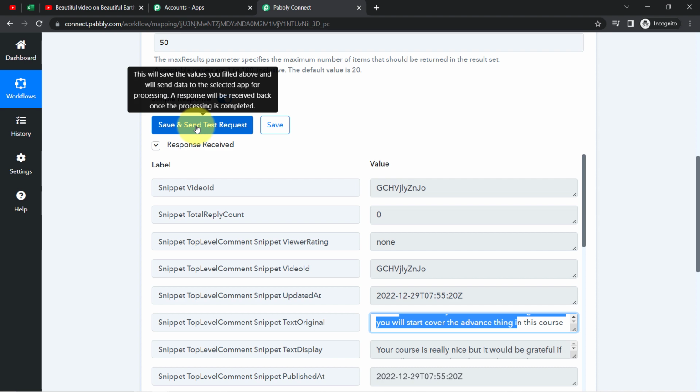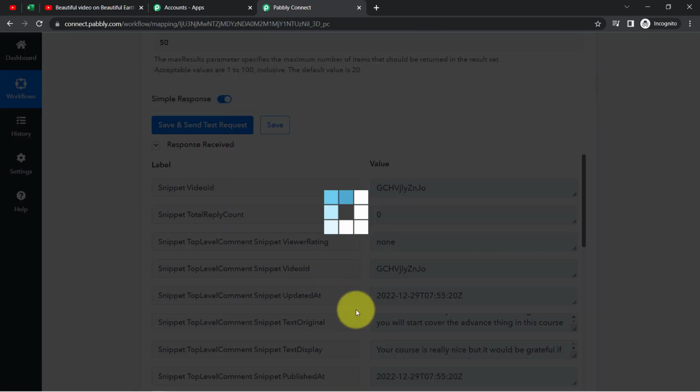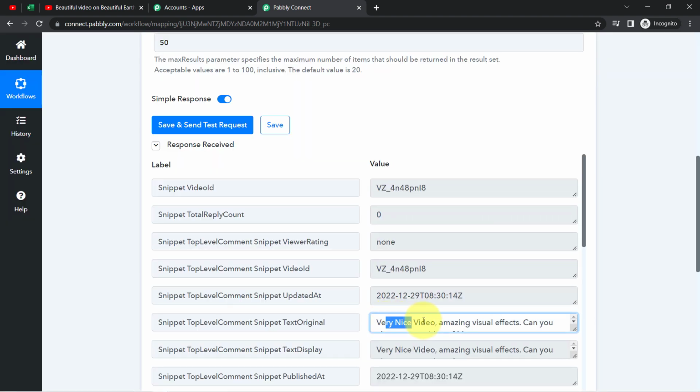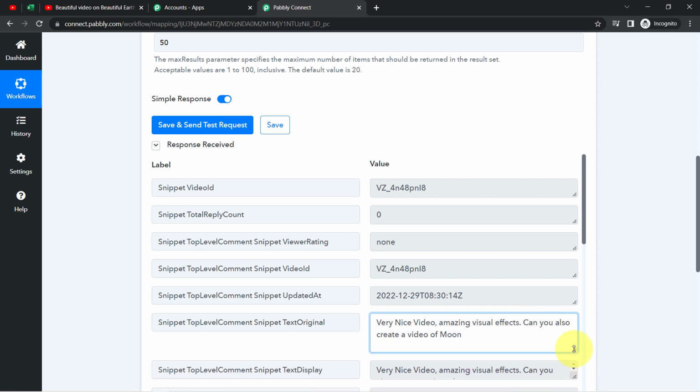Now finally I'll be clicking on this button once again, and you will see this time the new comment will be captured here. Very nice video, amazing visual effects. Can you also create a video on moon? And the presence of this data clearly shows that the first step of our automation is working absolutely fine, because